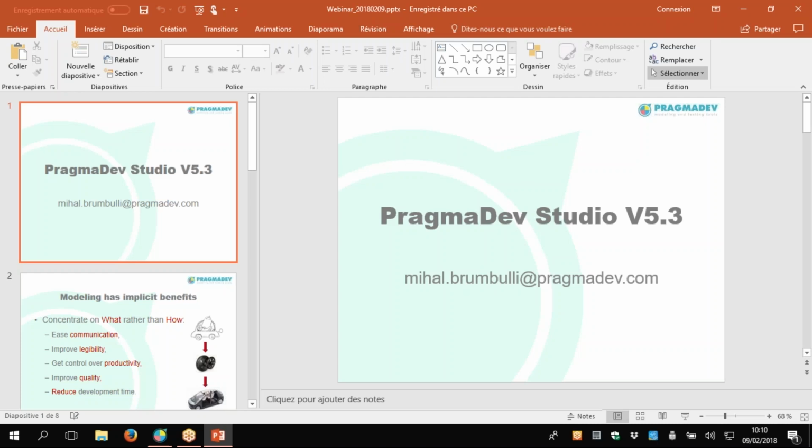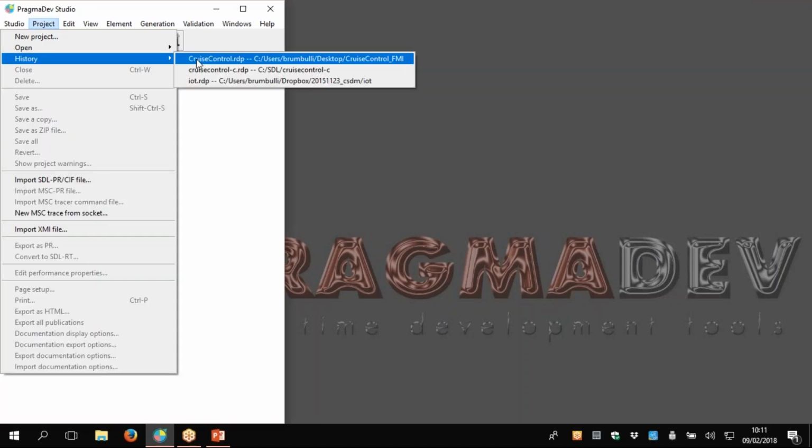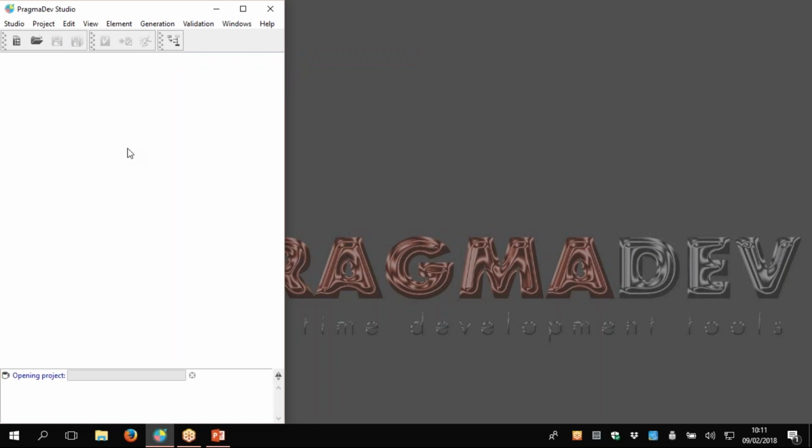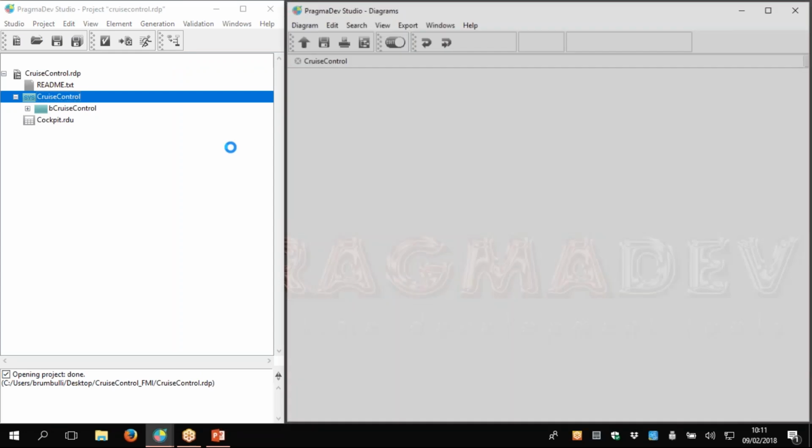So that's it for a brief introduction of some of the features, and now for the remaining features and the most important ones, the support of the functional mockup interface, I will do a short demo of all of these features. So first, let me open a project, and as a start, I will show